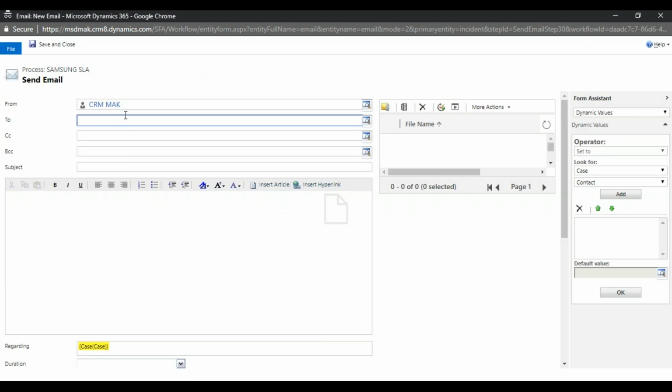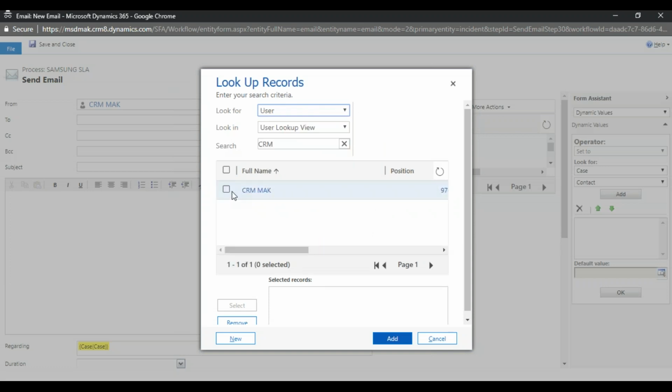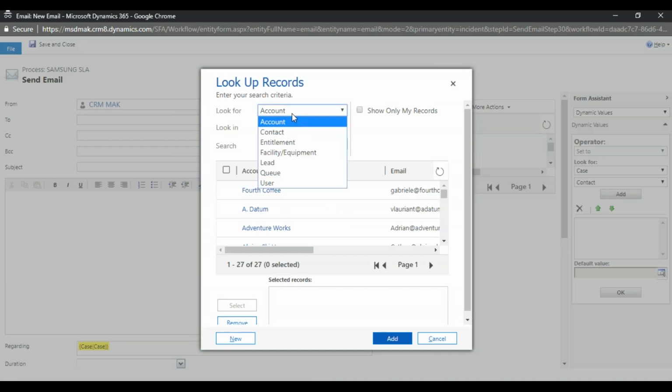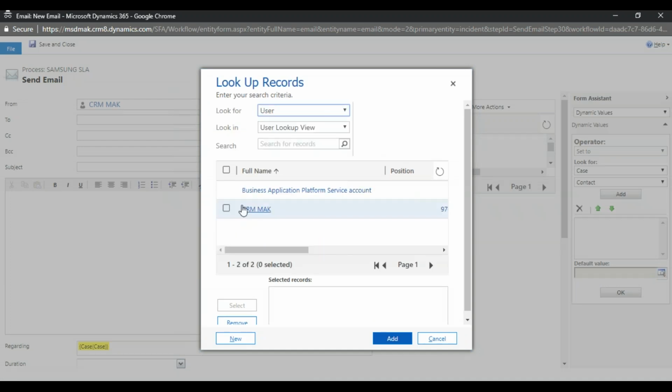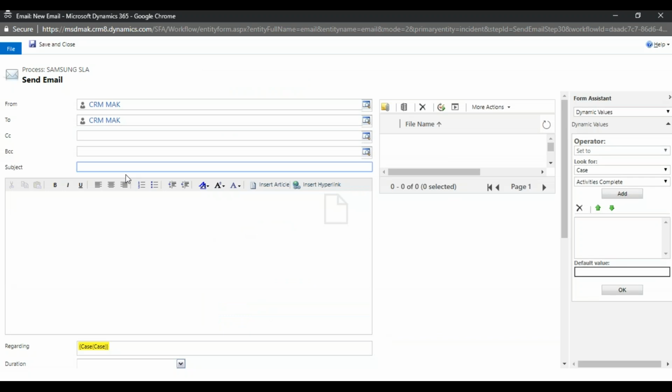Right now we don't have the data, so for from and to, I'll use the CRM admin only. Okay, SLA is completed successfully.